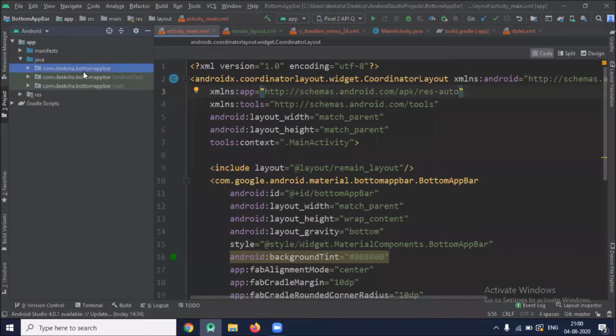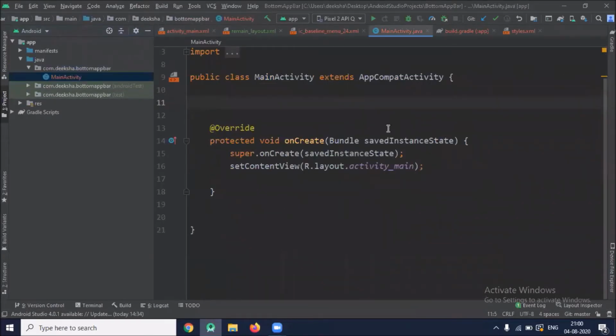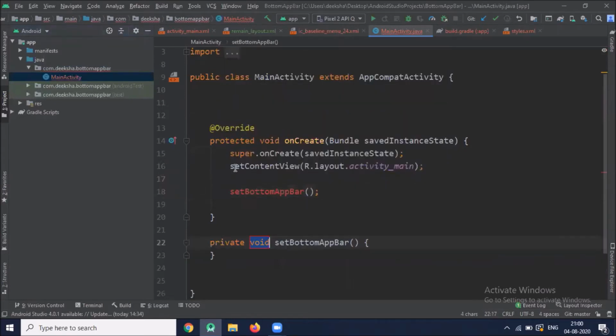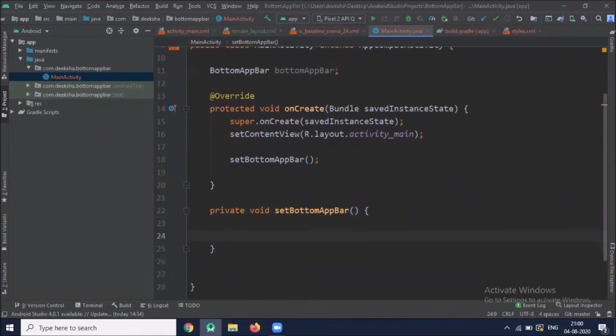Now click on MainActivity.java. Here we create one method. This method we are creating to set up our bottom app bar. First we find our bottom app bar ID from XML file by using findViewById.